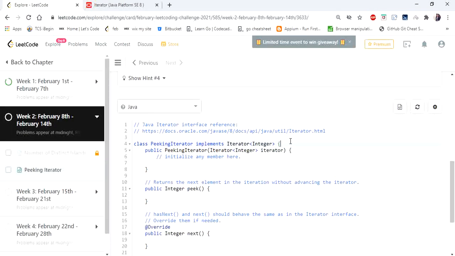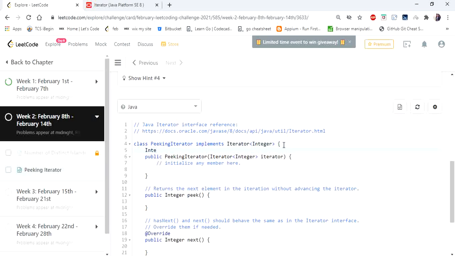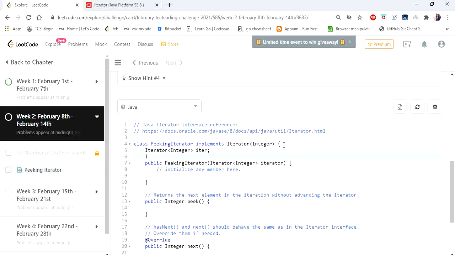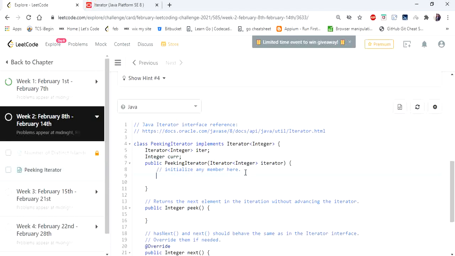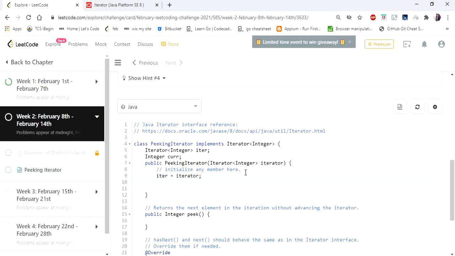Here we are going to implement the iterator. I'm declaring an iterator object and an integer current, which points at the current value from the iterator. Inside my constructor, I'm assigning the iterator value to the iterator passed and setting my current value.